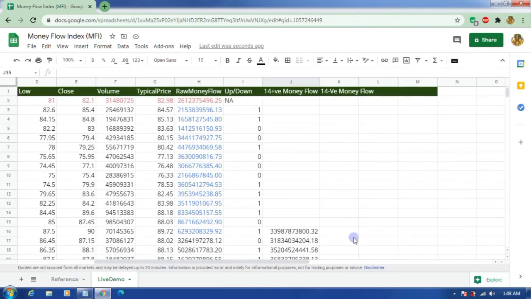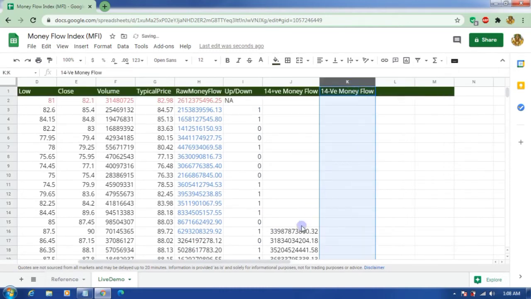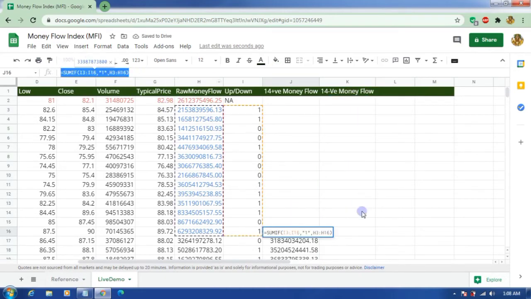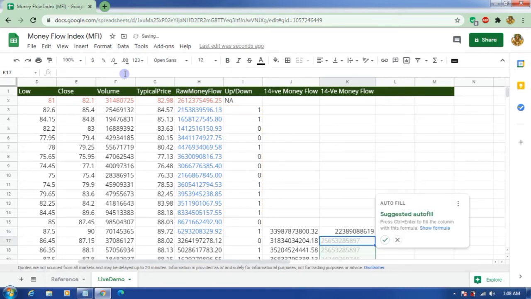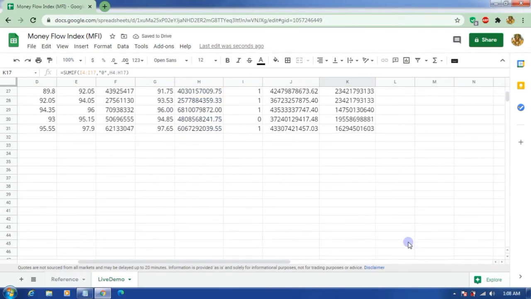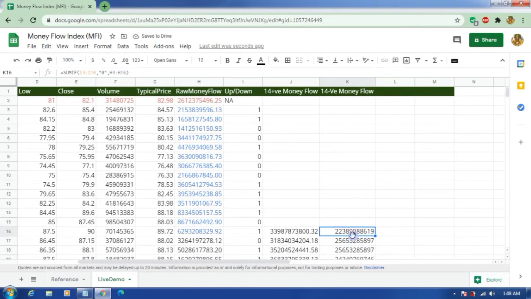For the negative money flow, the formula is pretty similar to this one. Tell me, what is the only difference? The range is the same. The only difference is to consider only the rows where it is 0. Hit enter, and we got autofill. See what happens: I3 to I16, H3 to H16, I4 to I17, H4 to H17.